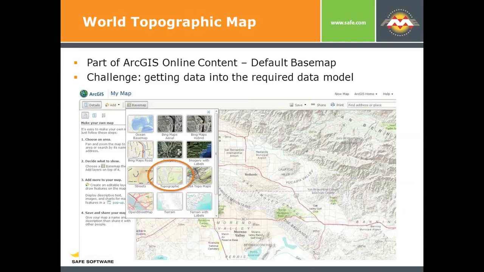Again, the way that most people would access this, or one of the ways to access it as a user, is to go to ArcGIS.com and click on the Make a Map button. And you see there's a list of base maps, and the one that I've highlighted is the default one, the topographic base map, and that's the one that we've been working with and what the examples will show. So it's a pretty powerful idea. You take your data set, you push it into, or sometimes people say pour it into, the data model, and then you get these maps from it and you can share it with others in the community.